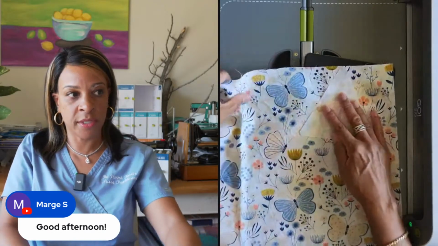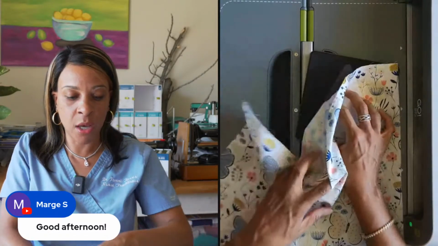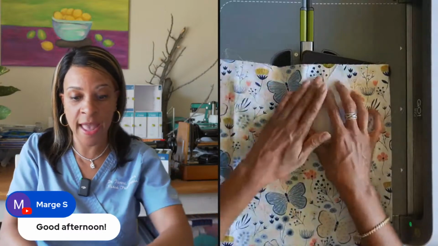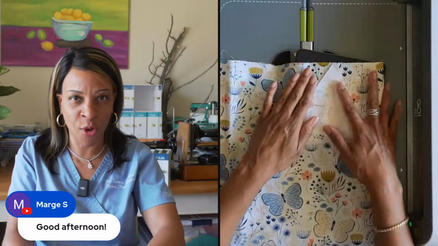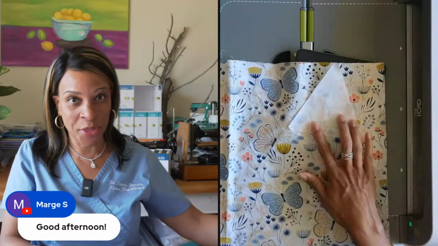And then on this side, again, the triangle corner right here, I'm peeking over to make sure that it's in the general area. And once I determine that all of the fabric is in the general area of the shape, I remove the pin, I put the mat on top,